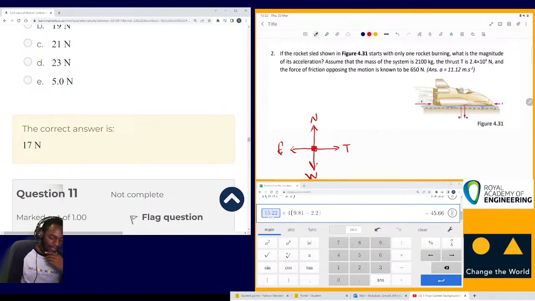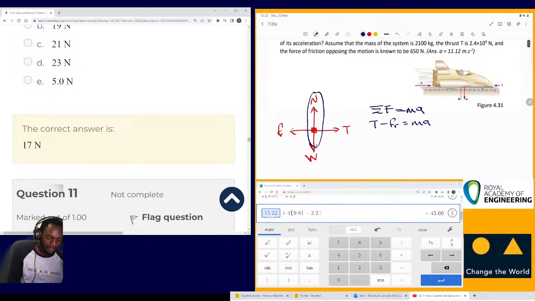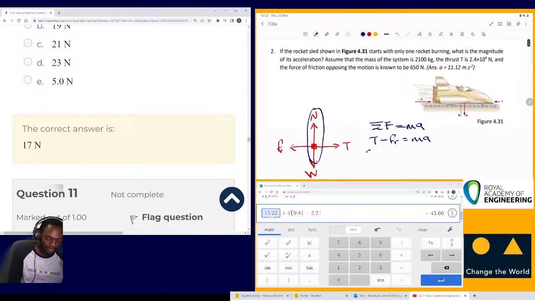So in the vertical there is no motion, which means that this acceleration that they're talking about is in the horizontal, right? Yes. So we have to sum the forces and equate to MA. So sum of forces equals MA, and it's going to be our thrust minus the frictional force equals MA. And what is our thrust? It's 2.4 times 10 to the power of 4 minus 650 equals